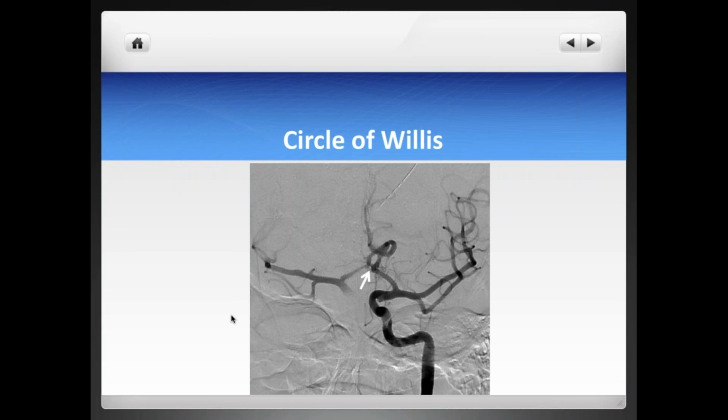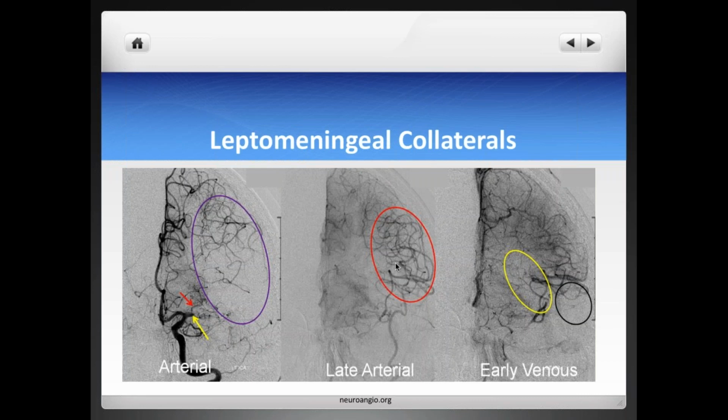So talking about the circle of Willis here, of course, you can see from this graph that even if you would have a complete right ICA occlusion in this case, by injecting contrast in the left ICA, you get full opacification of the contralateral MCA and contralateral ACA. And in fact, we know for sure that some patients can live a whole life with an occluded ICA, assuming that the intracranial vasculature is patent, because if you have a good ACOM, chances are that you're going to keep the perfusion in that right hemisphere going. And that's in terms of the circle of Willis.